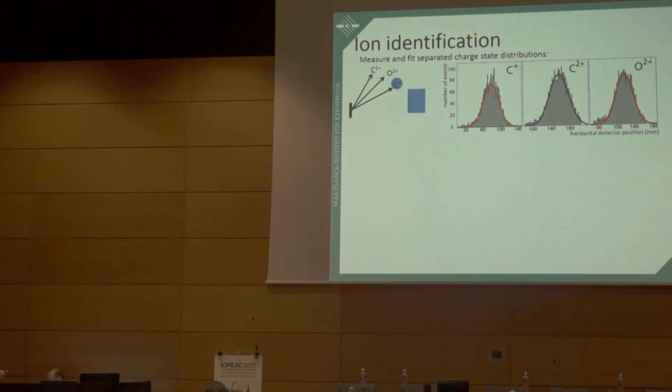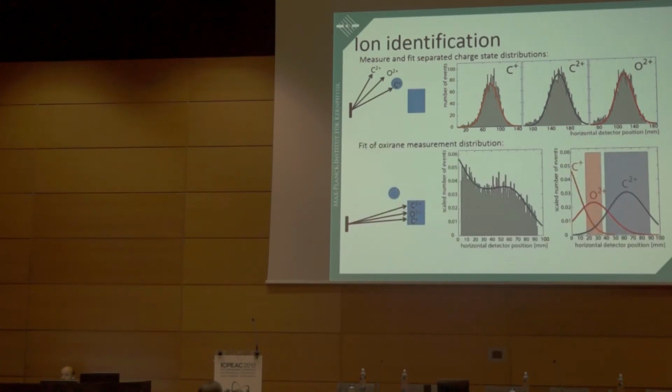So how did we do this? What we did is we measured and fitted separate charge state distributions. That means we stepwise cranked up the magnetic field, for example, in a way like this, that we guide only the C+ on the round detector, and this allowed us then to do this procedure. And then we fit our oxirane measurement distribution. That means we set the magnetic field again to measurement conditions, and then we fitted this distribution with a superposition of these three